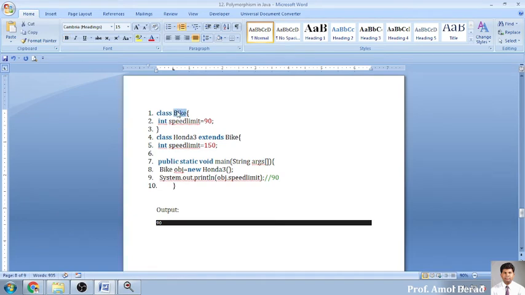Okay, so now I have created a class Bike. There is one more variable called speed limit. I have inherited this Bike into my class called Honda. Honda will be inheriting the features. मतलब क्या इसके अंदर का वेरिएबल ये हम इसको यहाँ पर यूज़ कर सकते हैं. Okay, so this is the speed limit variable of Bike, and this is the speed limit variable of my Honda. And whenever I am creating the